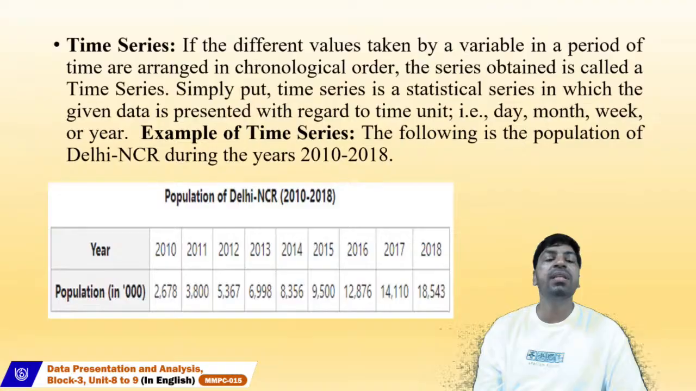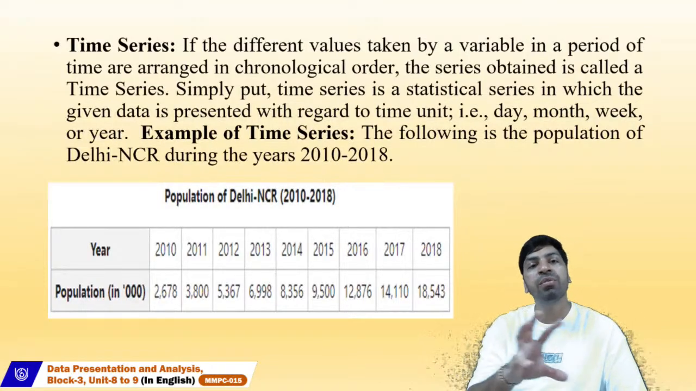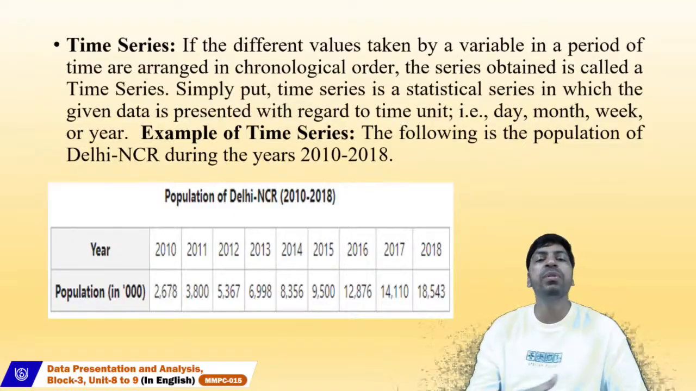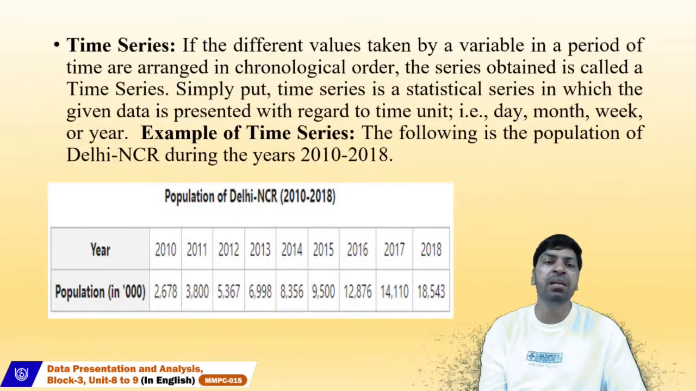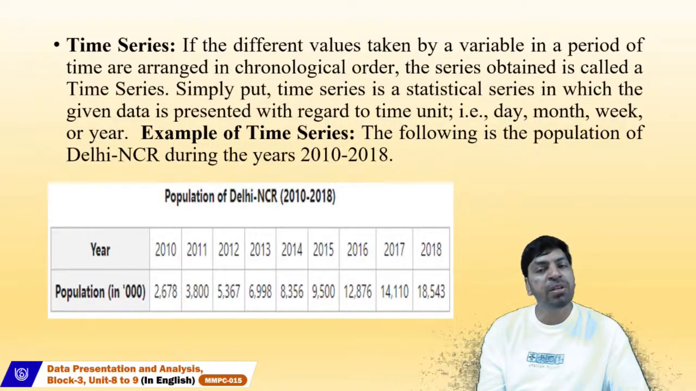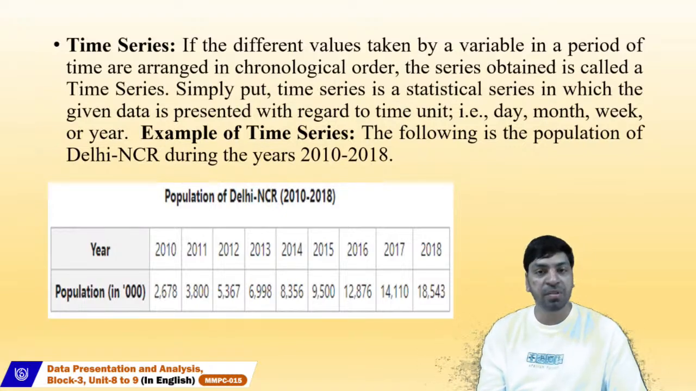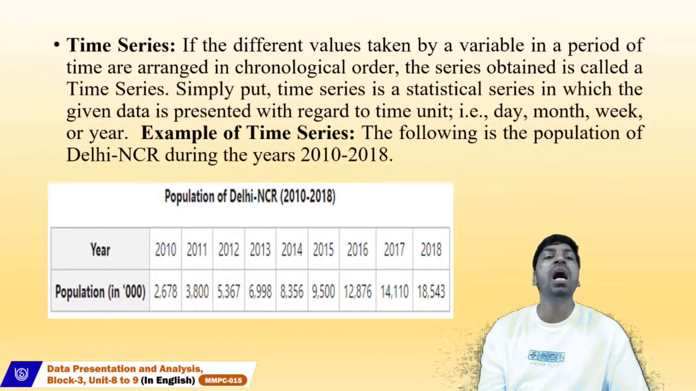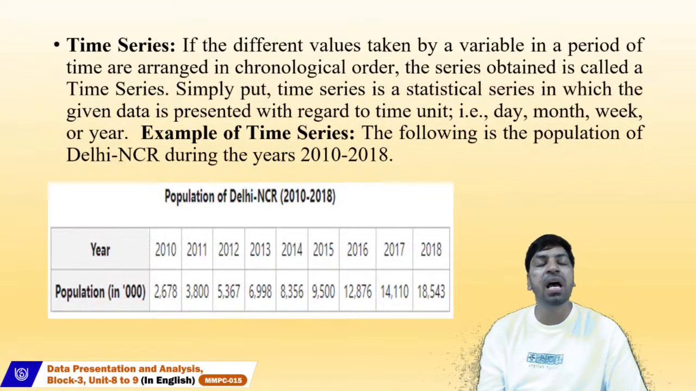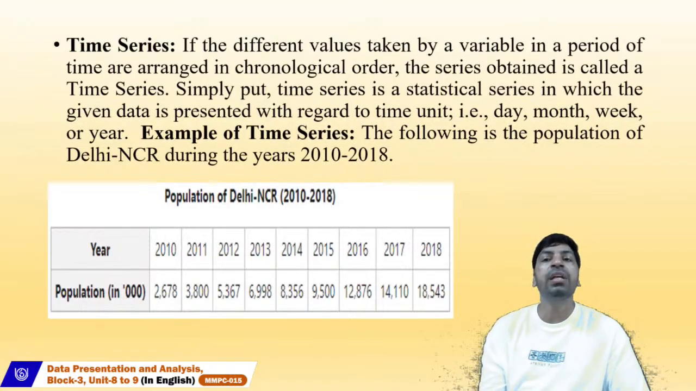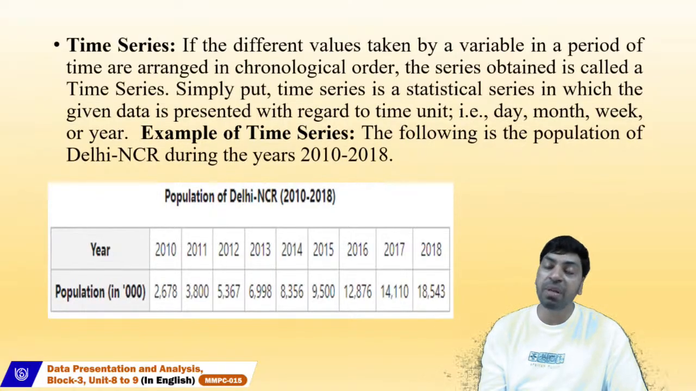So let's begin with the time series. If the different values taken by a variable in a period, or according to the period, are shown according to the time period, could be years, it could be months, and arranged in a chronological order, such type of series are called time series. So time series is a statistical series by which given data is presented according to the time unit. It could be day, it could be month, it could be week, it could be